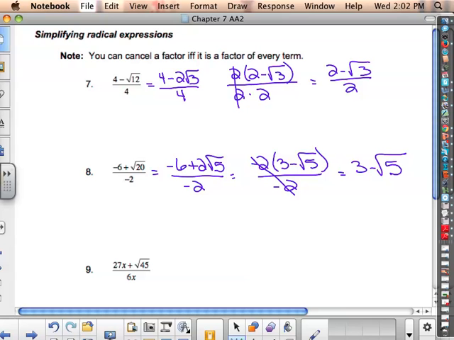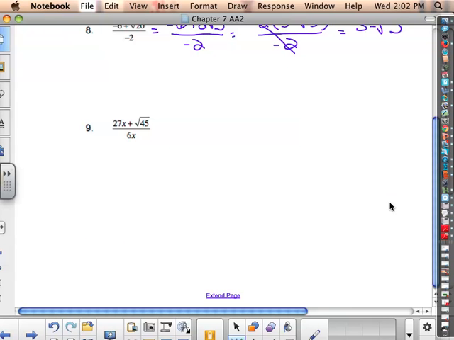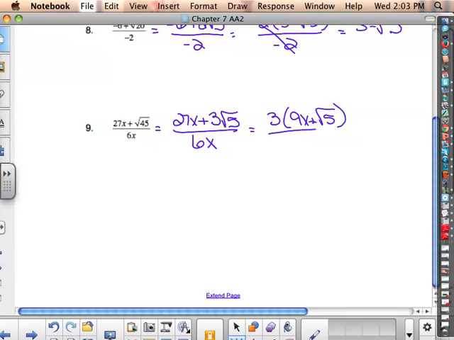Number 9, 27x plus the square root of 45 over 6x. So that's 27x plus 45, which factors into 9 and 5. 9 is a perfect square. So that gives me 3 root 5 over 6x. So I can factor out a 3, and that will leave me 9x plus the square root of 5 over 3 times 2x. And I can cancel those 3's, leaving me